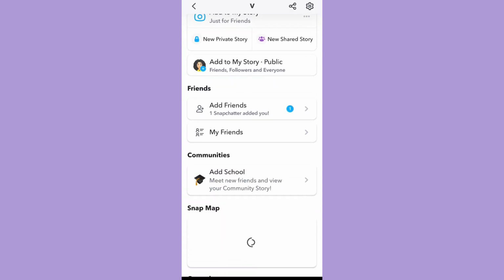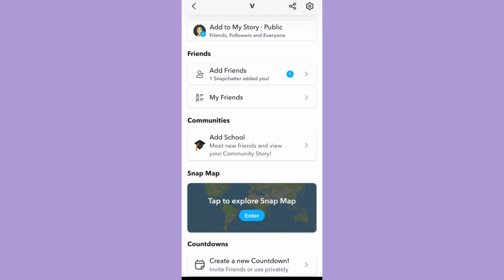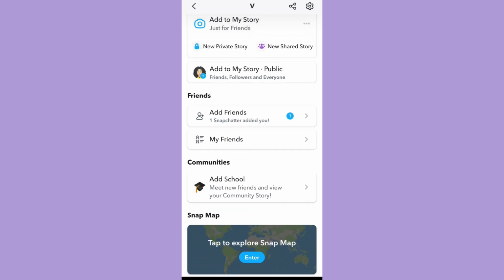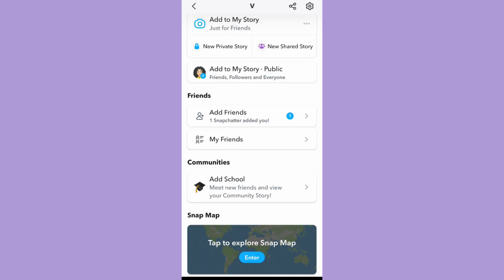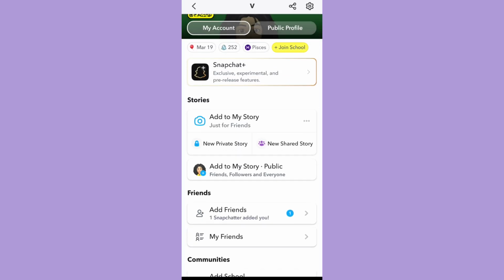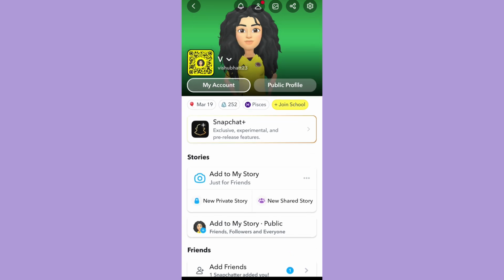Now after taking it, you can still add stickers, text or filters into it that don't affect its live status. Then you need to simply tap on the option of send to, select the friend or the story, and then you need to simply send it. Now your snap will appear as live on your chat, showing it was taken and sent instantly and not uploaded